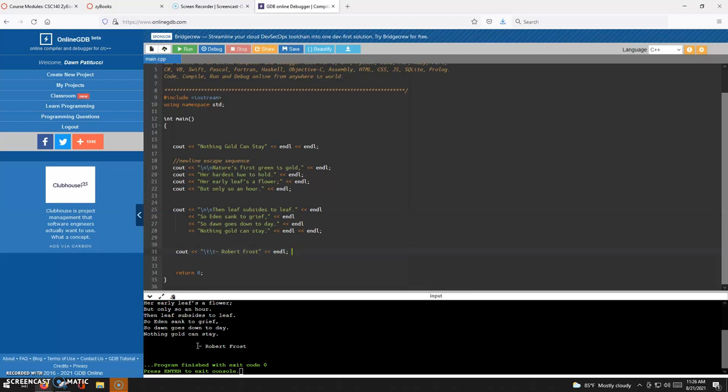Also, to get the Robert Frost name, you see how that's tabbed over? That's 2 tabs. So I put the tab escape sequence there, \t, to tab over. So you have the new line escape sequence and also the tab escape sequence that you're welcome to use. But just do the style that works best for you. And but syntax is everything here. For example,